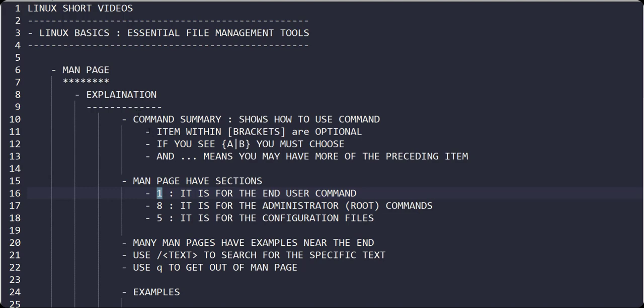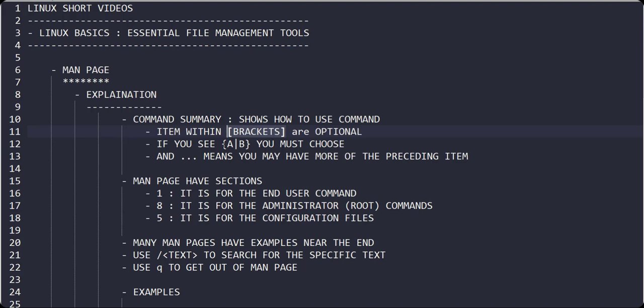Now when you are looking at a man page, you will see an item within brackets. If that bracket is mentioned, it means the option is optional. If you want to mention that option, you can, or if you want to leave it out, you can.